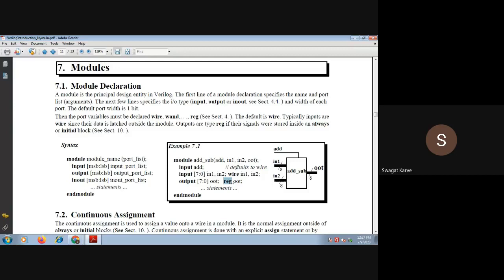That means the output is an 8-bit register, and these 8-bit inputs act as wires. There are 8 input wires for input 1 and 8 input wires for input 2, and then end module. So this is the basic use of a module to start your Verilog program.